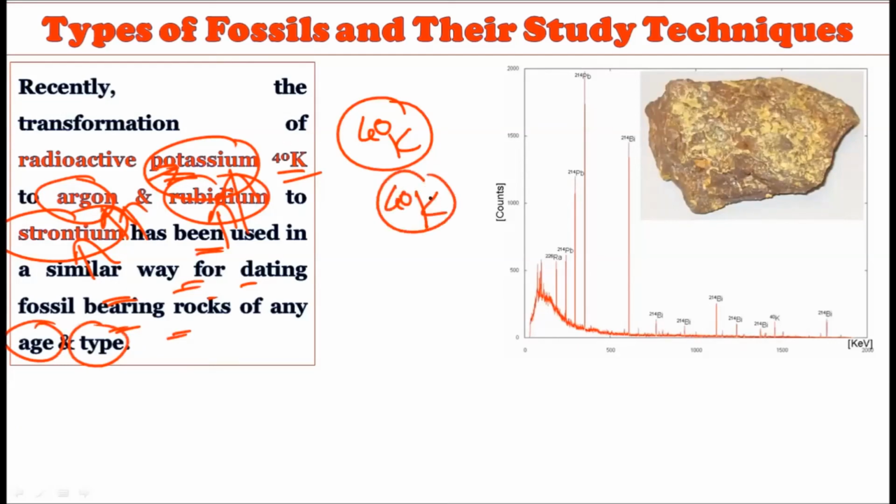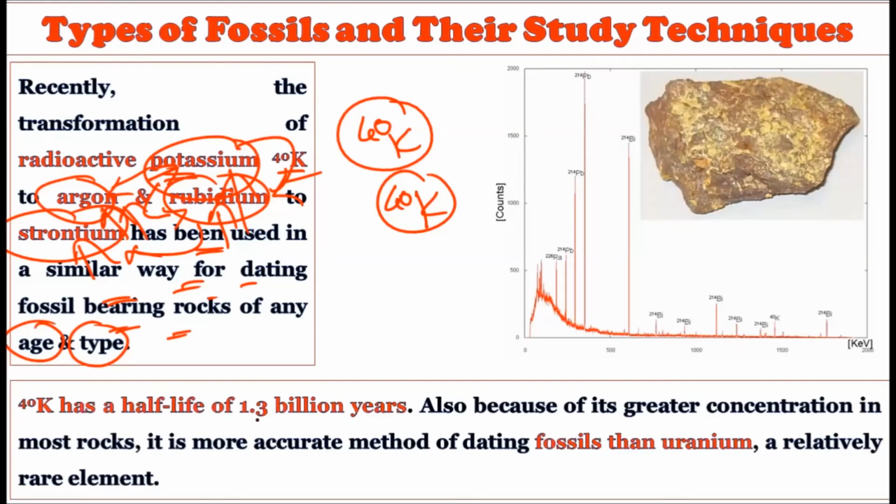The half life is there, and by using the half life, we can see how the potassium got converted, or how much of it got converted into the argon, or into the rubidium, or into strontium. Depending upon this, we can actually calculate the age of the fossil or the age of the rock. Okay, now see, K40 has a half life of 1.3 billion years. This is the half life of the potassium, and from this half life you can do the calculations to age the fossils, right?